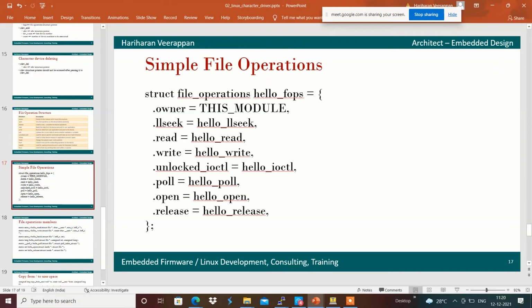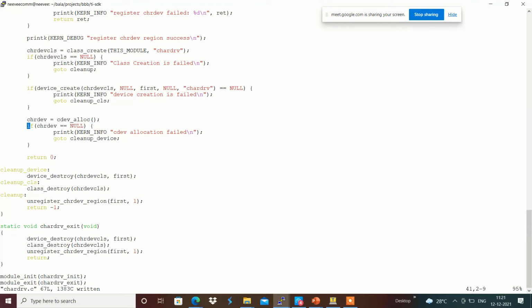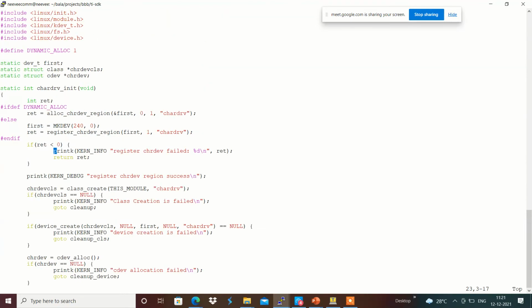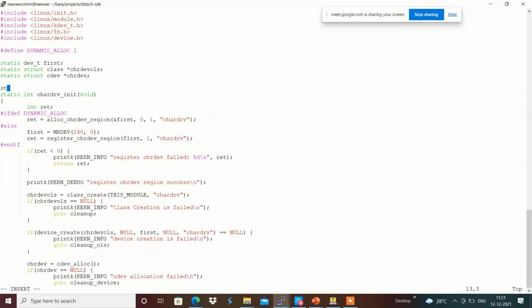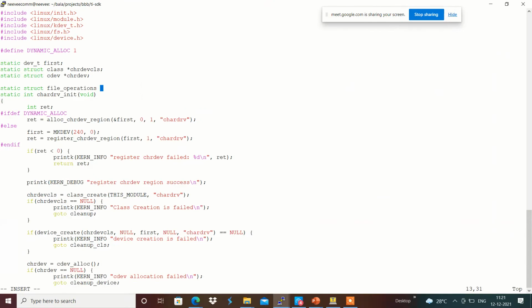I am going to define the file operations over here, and for that we will be using a static struct file_operations chrdev_fops, which we are going to do.